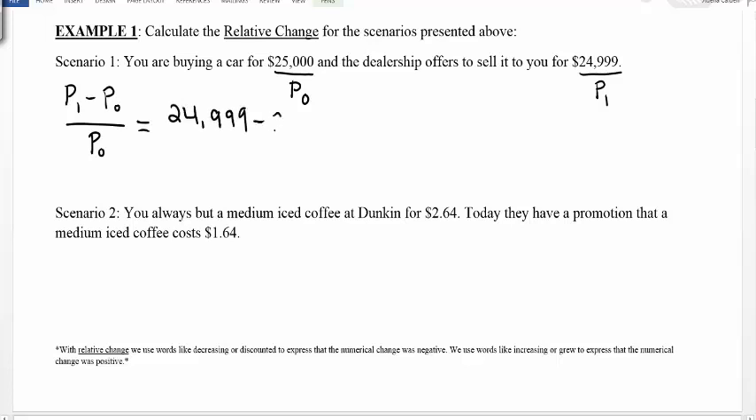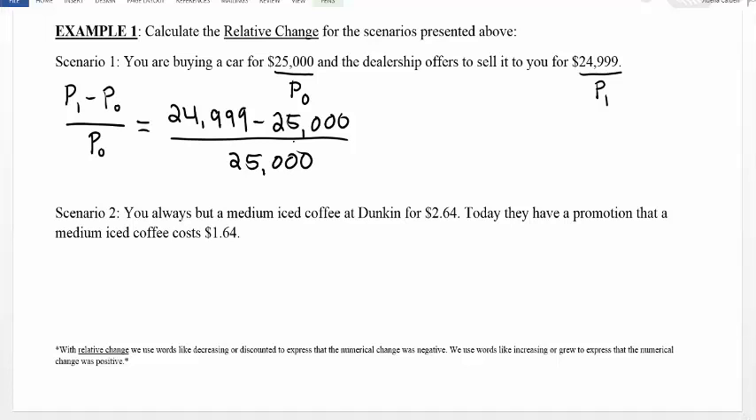So plugging in the numbers from our scenario, we get 24,999 minus 25,000, all divided by 25,000. It's important to remember which numbers go where, and that order is important. So here, when we carefully plug all of these things into our calculator, we're going to get negative 0.00004. It's a lot of zeros. So if we want to calculate that as a percentage, we would multiply that number by 100 to turn it into a percentage. So this is equal to